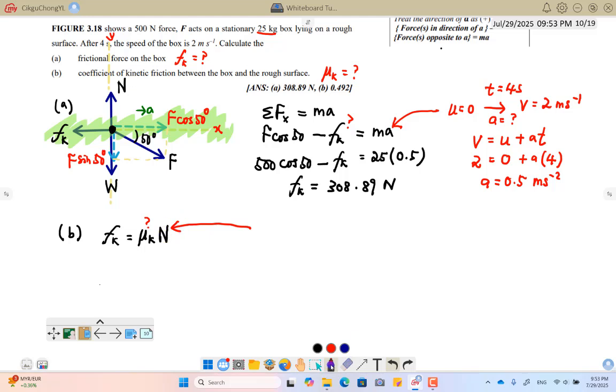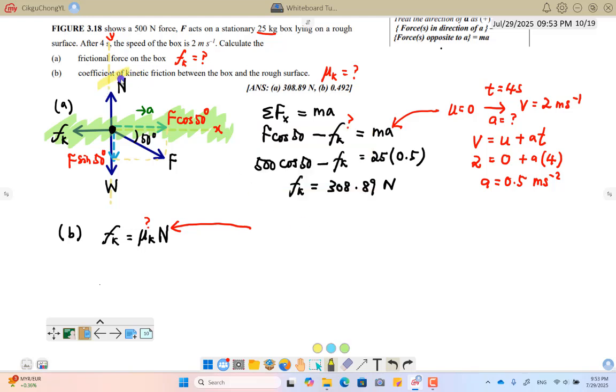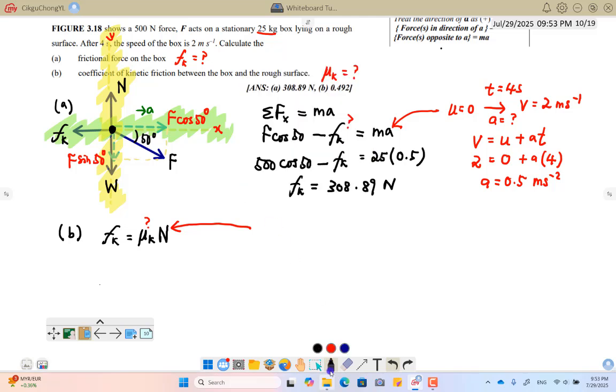So if we refer back to the FBD, our normal force lies along the y-axis, and the box doesn't have any motion along the y-axis. So for the y-axis, we are going to apply Newton's first law. The summation of forces along the y-axis will equal 0. Why? Because there is no motion